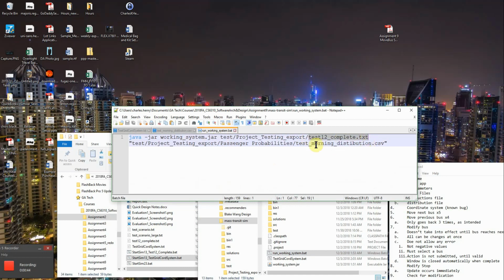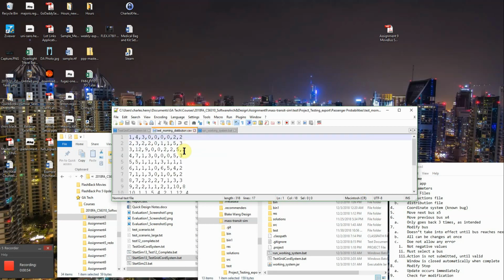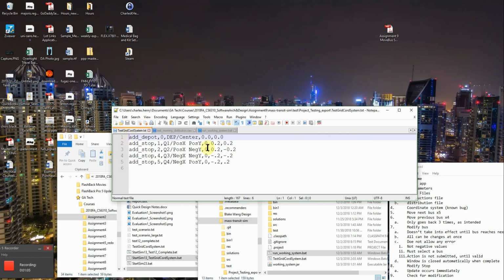And the second parameter it's going to take is a distribution file. The instruction file was given to us in previous assignments. However, this distribution file is actually going to be a comma separated vector, which is essentially going to provide all of the passenger data at startup for each stop. Again, the first file is pretty much a known file, but in this case, I'm going to go